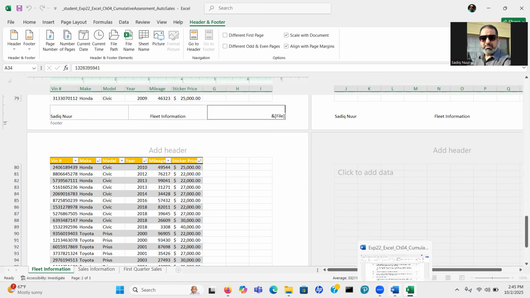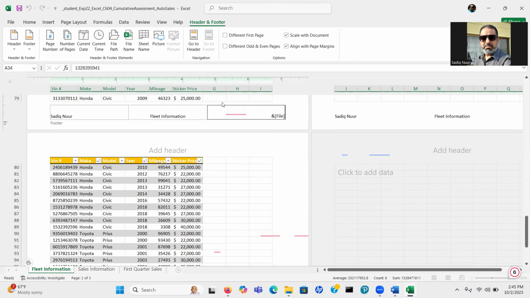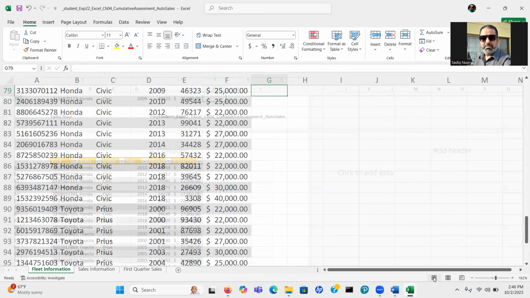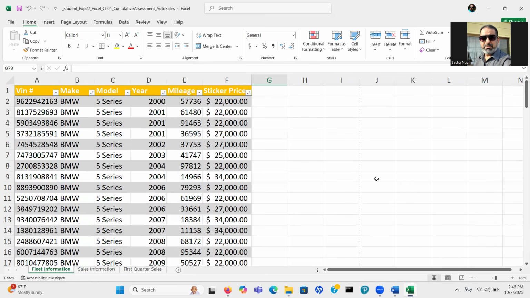Now let's read next. So next we have to freeze the first row on the fleet information worksheet. First we have to go back to the normal view. So you can click anywhere above the footer like this, and then we will click Normal, because now you are in Page Layout view. So, Normal. Now we need to freeze the first row.